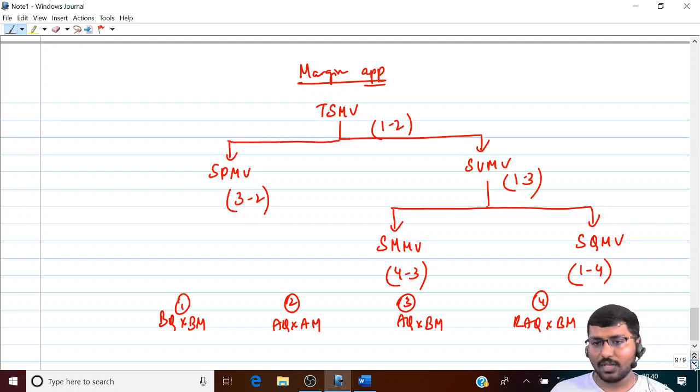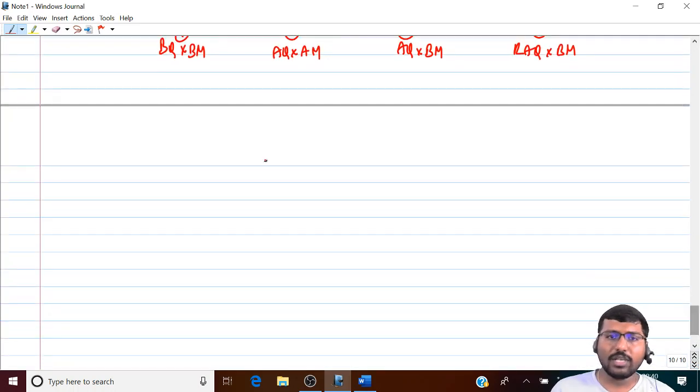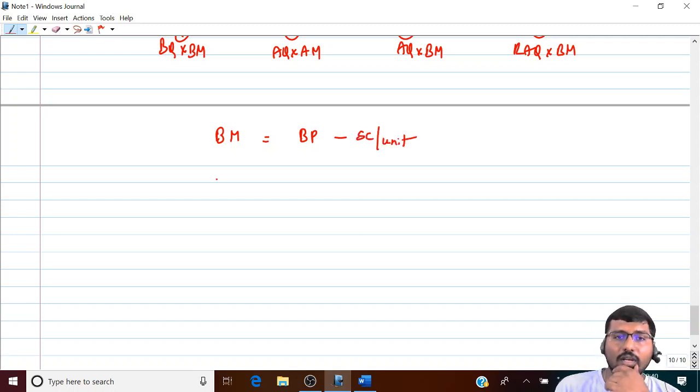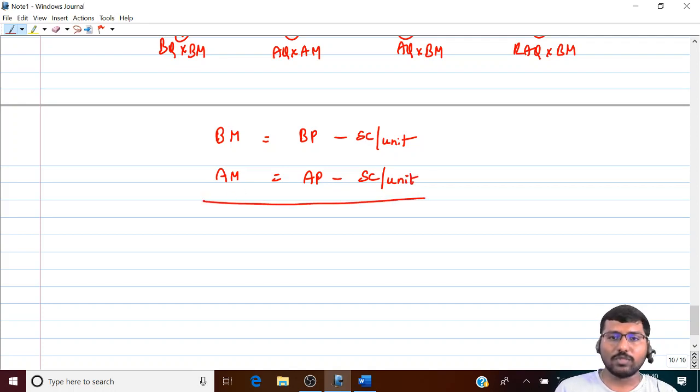Okay, Nana. Now, how to calculate this budgeted margin? See here. Budgeted margin. Margin is nothing but profit, correct? So budgeted margin is nothing but budgeted selling price minus budgeted cost per unit or standard cost per unit. Obvious. What is actual margin? The usual guesswork will be obviously actual selling price minus actual cost per unit, but it is not. Instead, it is what, Nana? Standard cost per unit.